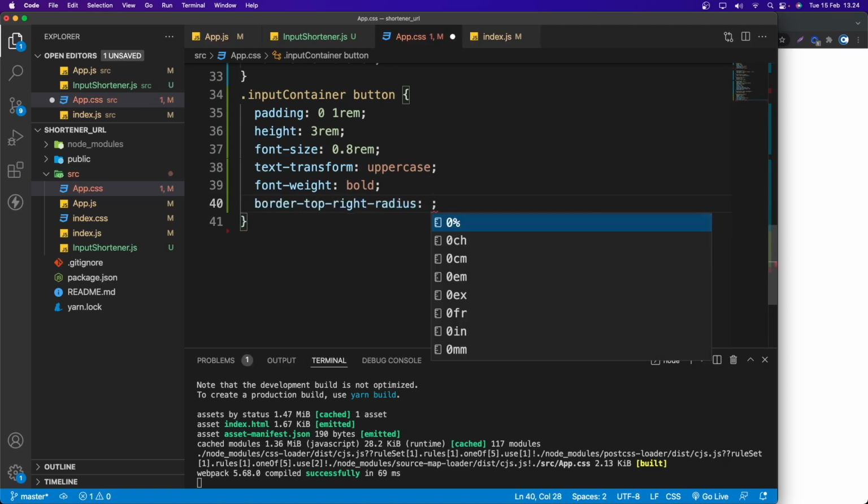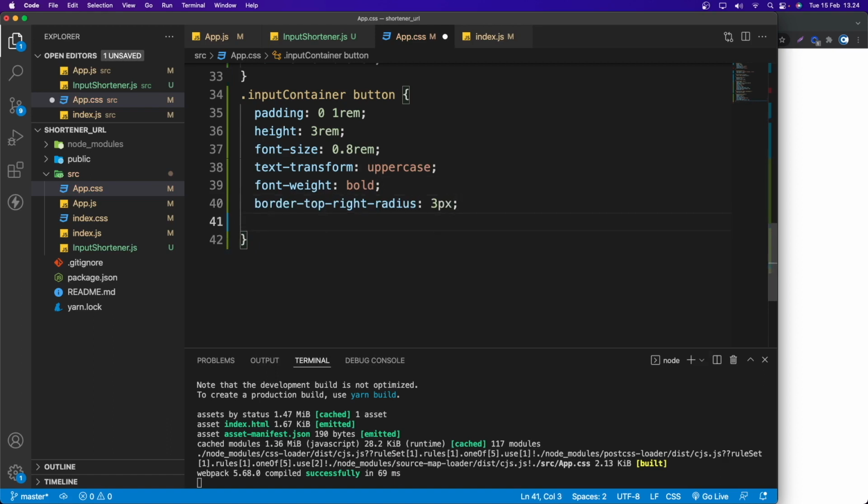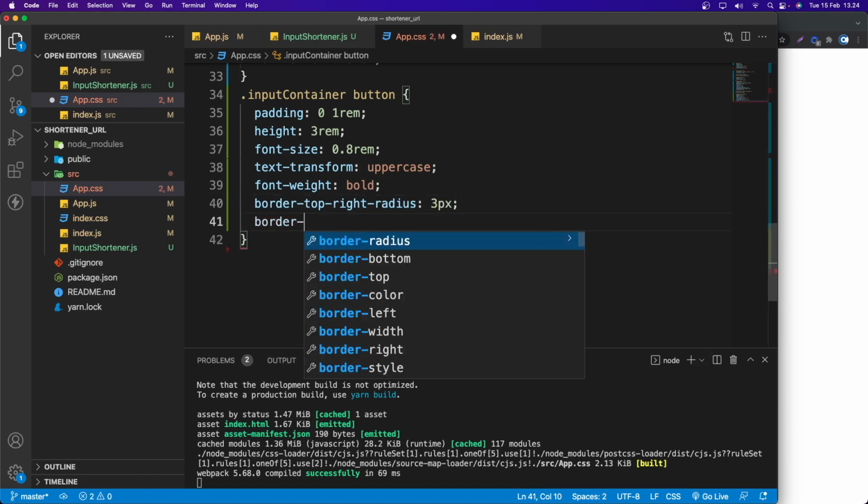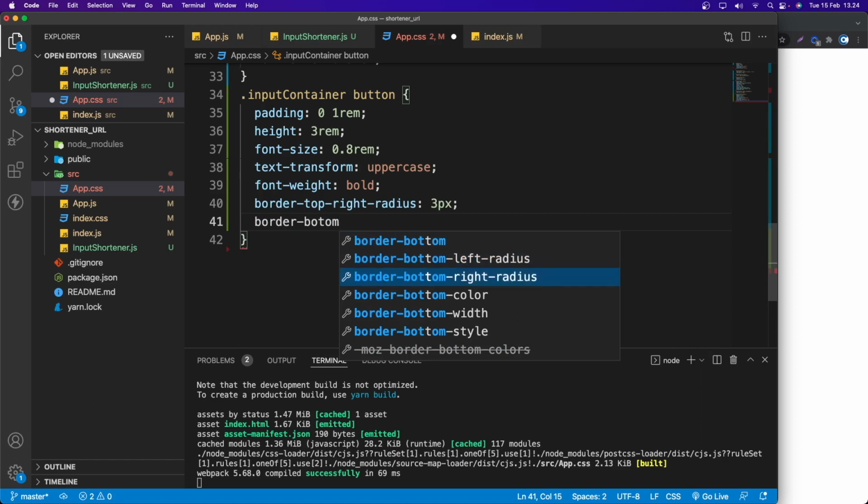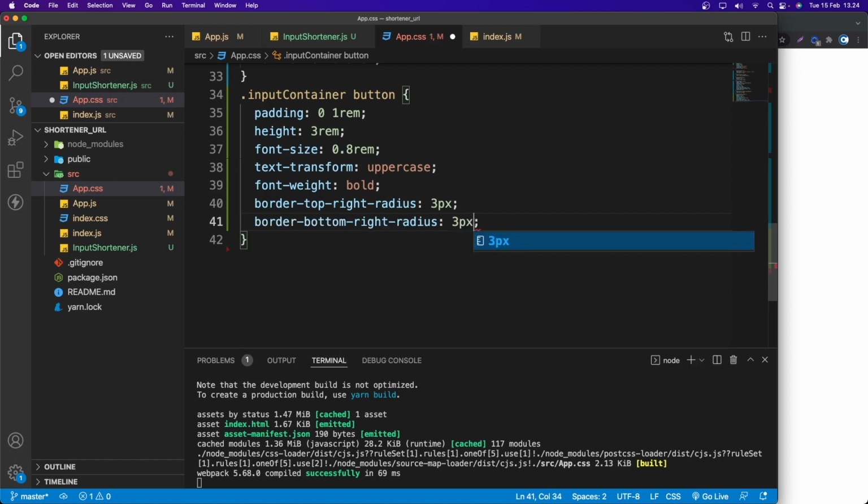I'm gonna set it to 3 pixel, and also the border bottom right radius, I'm gonna set it to 3 pixel as well.